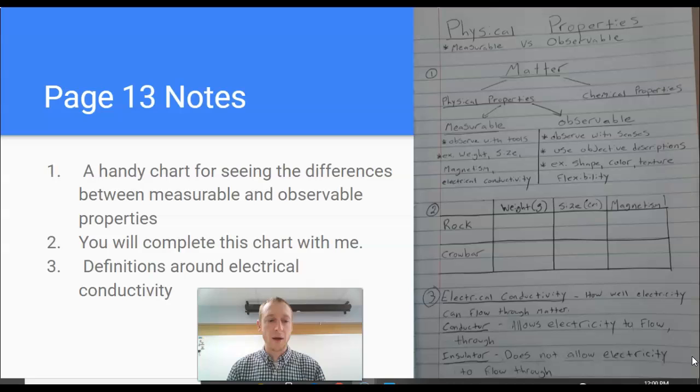So you'll learn more about this when you watch the electrical conductivity video. So pause this video, copy down your note sheet, and then move on to the next